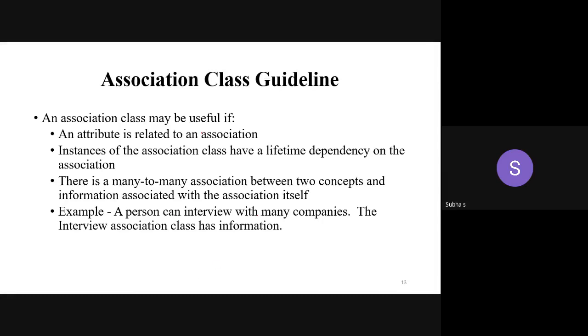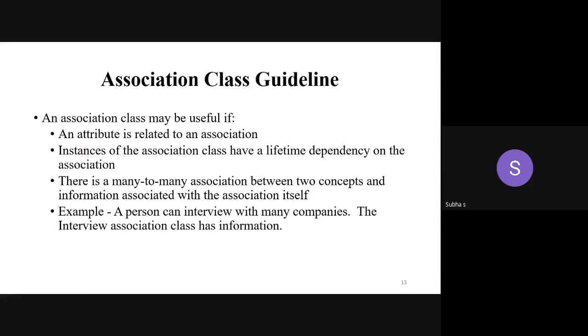Also, this association class will be useful if the instances of the association class have a lifetime dependency. Instances means I can create many instances for a particular object. In that situation, you can use the association class, if the instances depend fully on the association.